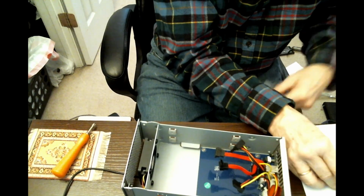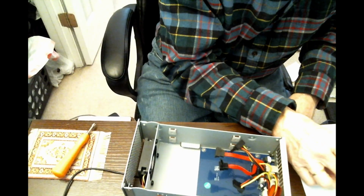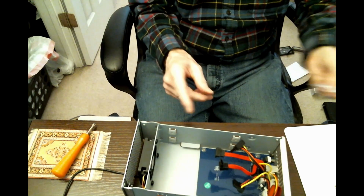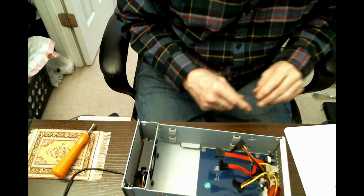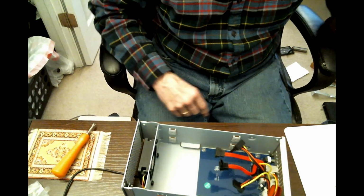Okay, so these 2 smaller screws, once we put it back together, there will be 4 screws holding it together, and these others will be to screw the hard drives in. Alright,